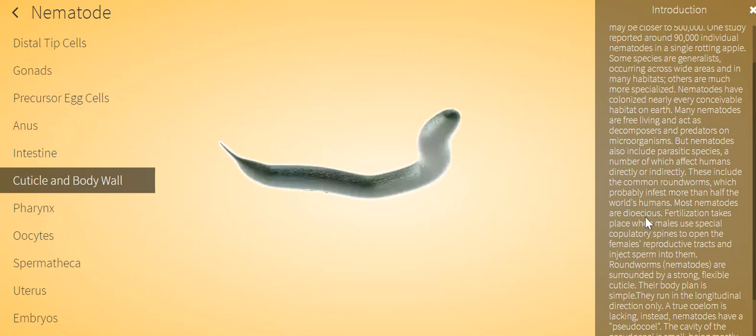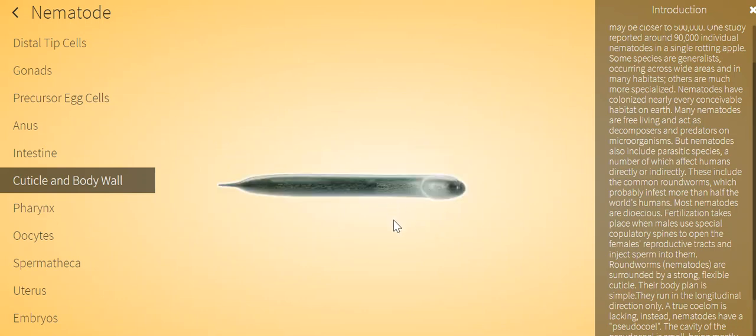These include the common roundworm, which probably infests more than half of the world's humans. Most nematodes are dioecious. Fertilization takes place when males use special copulatory spines to open the female's reproductive tracts and inject sperm into them. Roundworms, or nematodes, are surrounded by a strong, flexible cuticle, and that's what you're seeing here